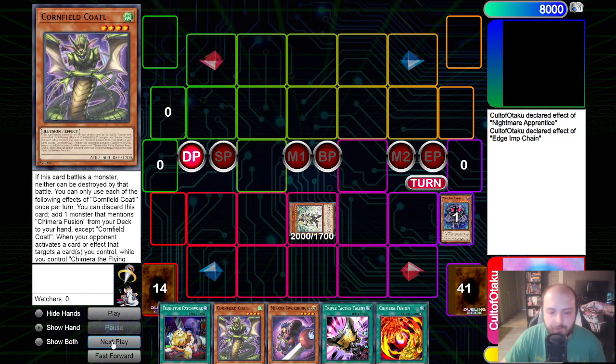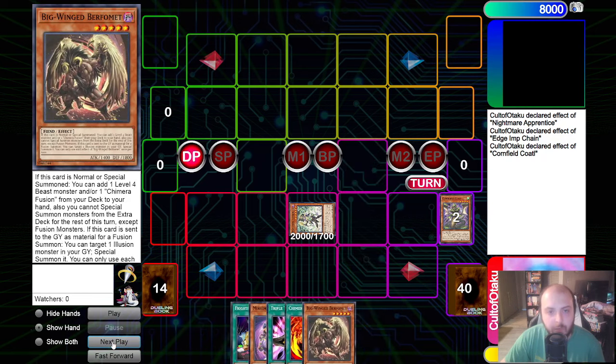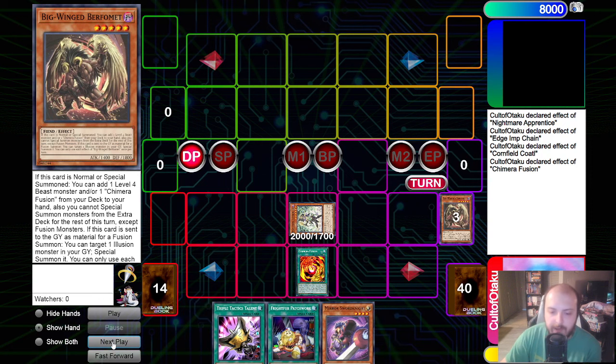We're going to then use Cornfield Codal's effect to send itself to the graveyard to be able to add a card that mentions Chimera Fusion, or a monster that mentions Chimera Fusion, so we're going to add the Big Winged Baphomet. The reason I'm adding Baphomet here instead of the Gazelle is because we already opened Mirror Sword Knight, so we are going to actually fire off the Chimera Fusion to fuse the Baphomet and the Sword Knight to make